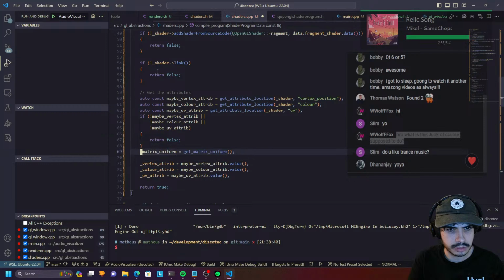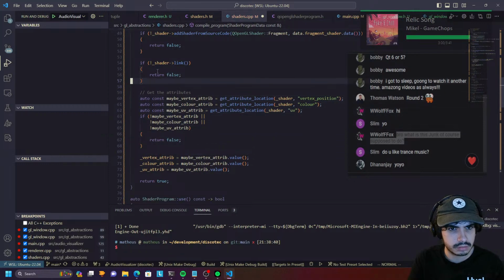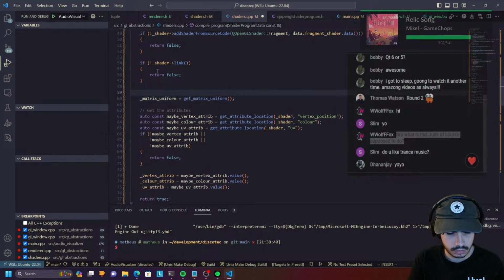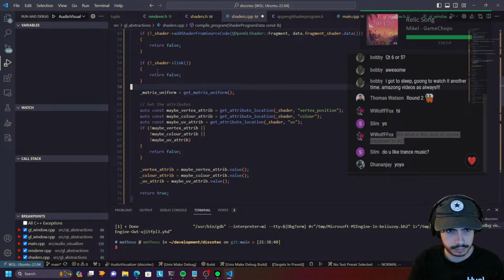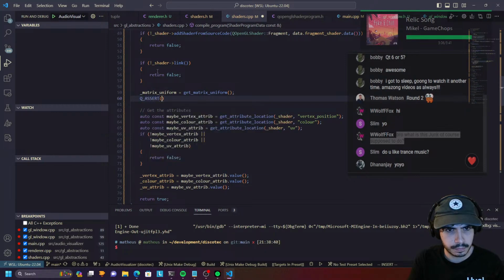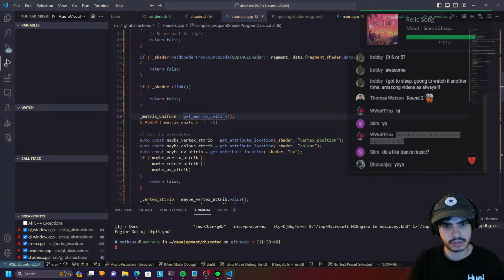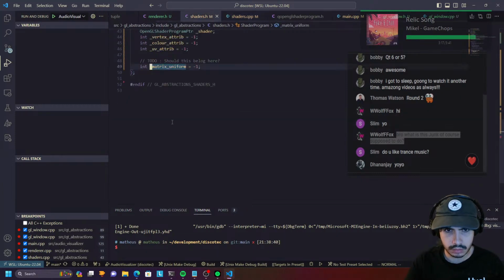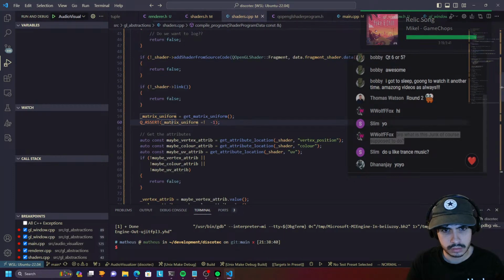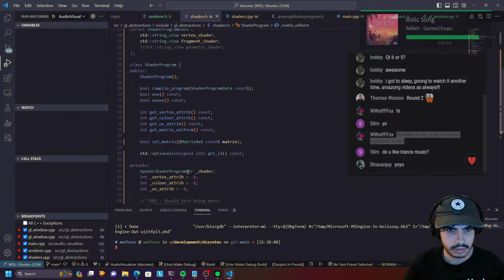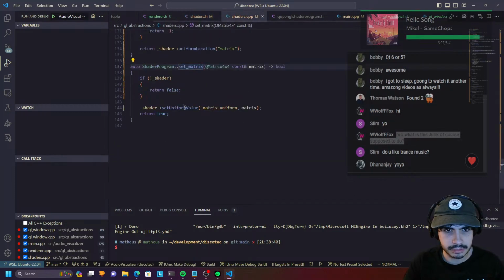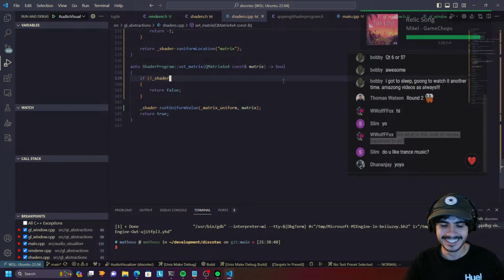Let's put it up here because I also want to do an assertion. Yeah. Q assert. And the matrix uniform is in -1 or something, right? Because it returns an integer. Right. So when I set the matrix, what was it doing? Yeah, that could be